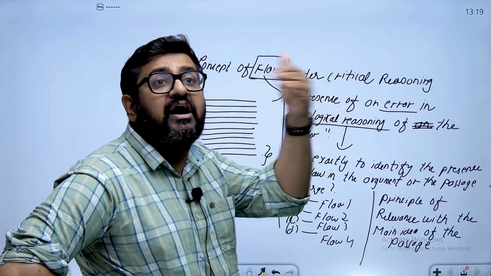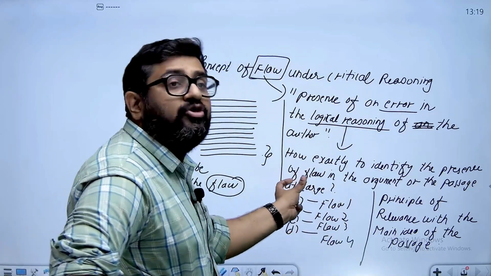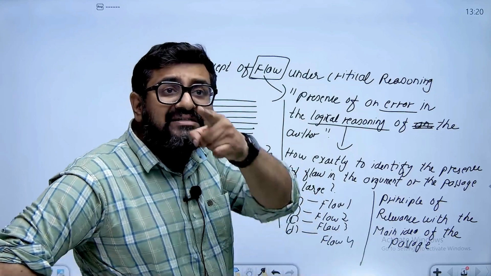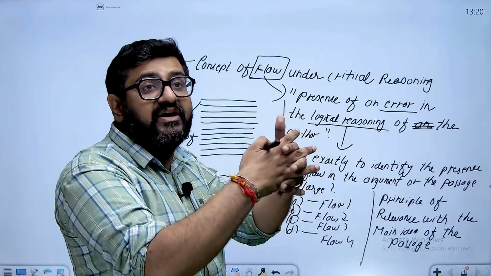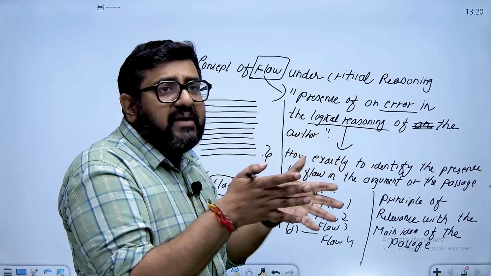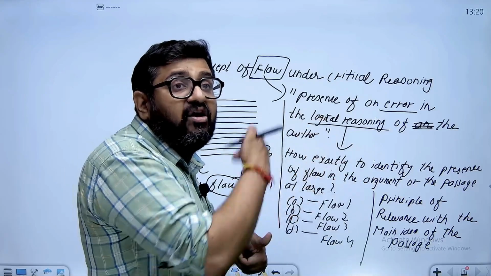To get our answer to absolutely fructify in the form of a bullseye, for that it is necessary that we should be able to identify out of the four that single option that is most relevant, that is establishing the most sound relationship of relevance with the main idea of the passage.